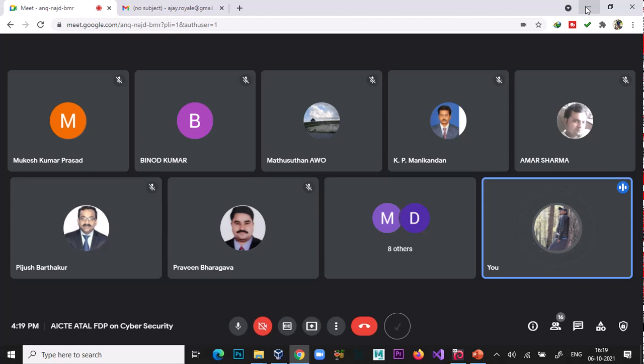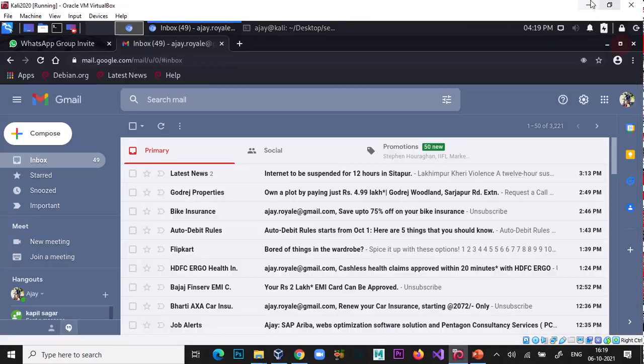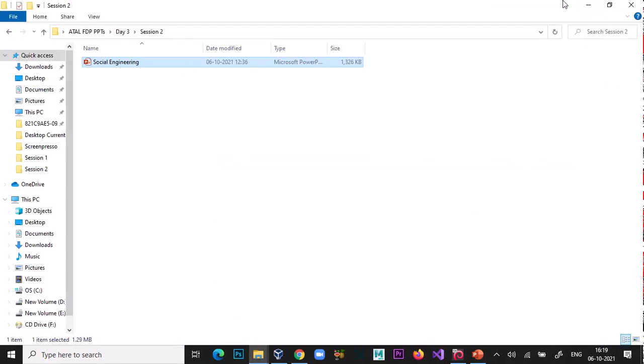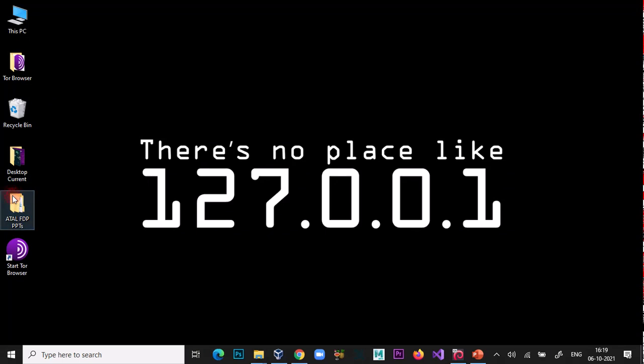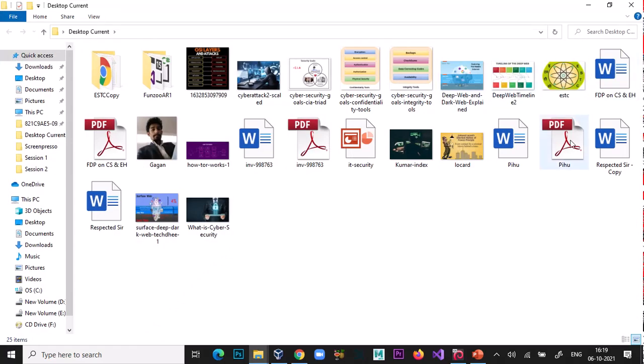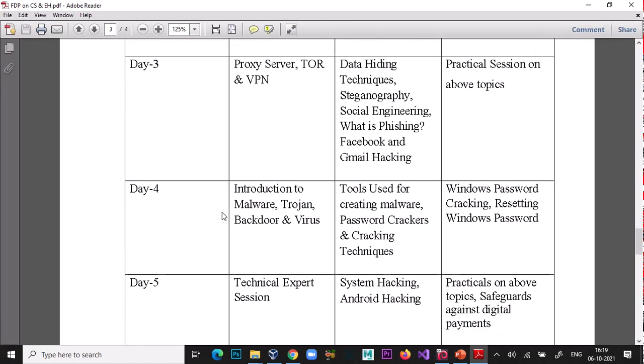Our tomorrow session is about malware. In session one, we will discuss the introduction to malware, Trojans, backdoors, and viruses.